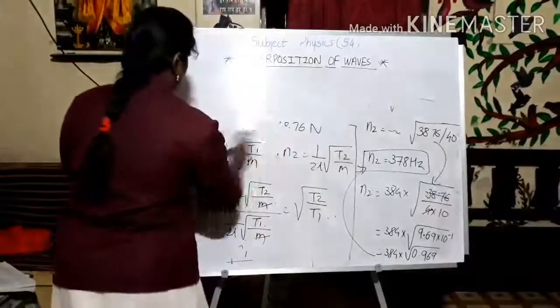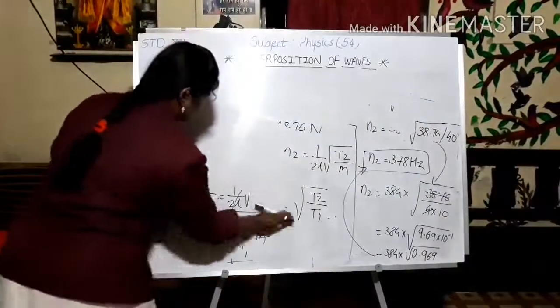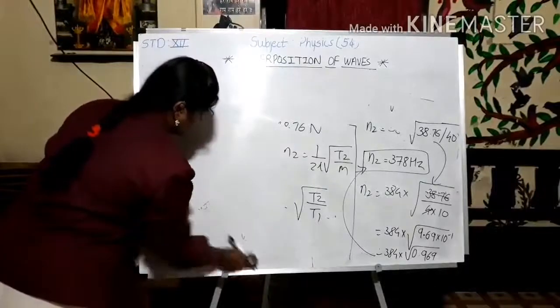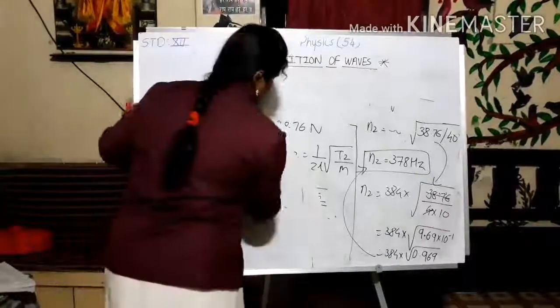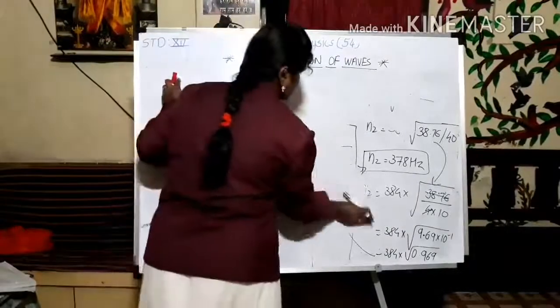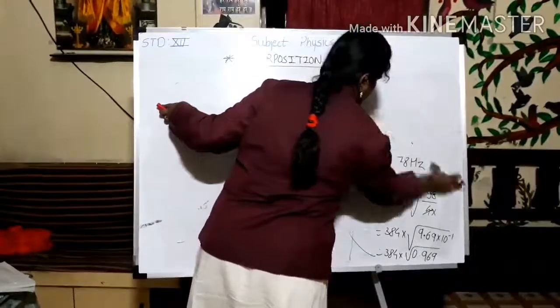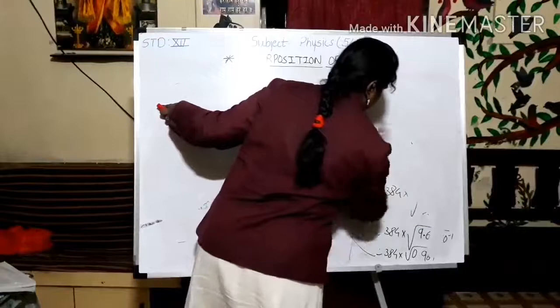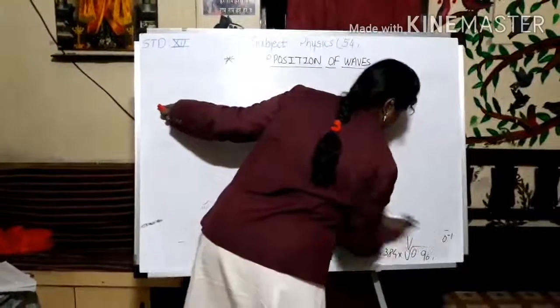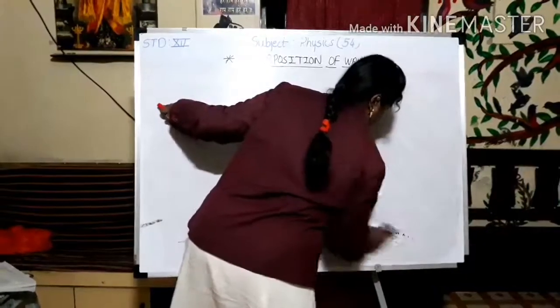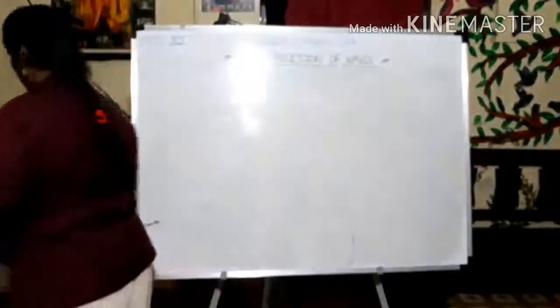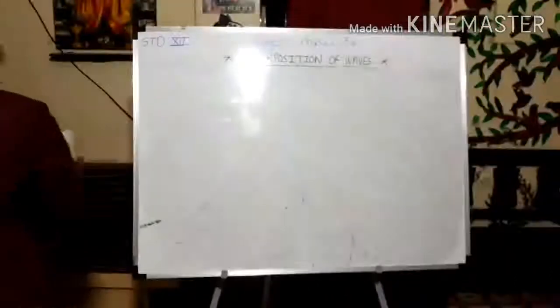I will tell you what kind of formulas you are going to put over there, and you are going to solve. Only 2 or 3 are remaining. So do solve that. Consider that as homework and solve all of them inside the exercise. I will tell you the formula which is being used for all of them. Okay. So let's see what is the next thing. Which is the next one?